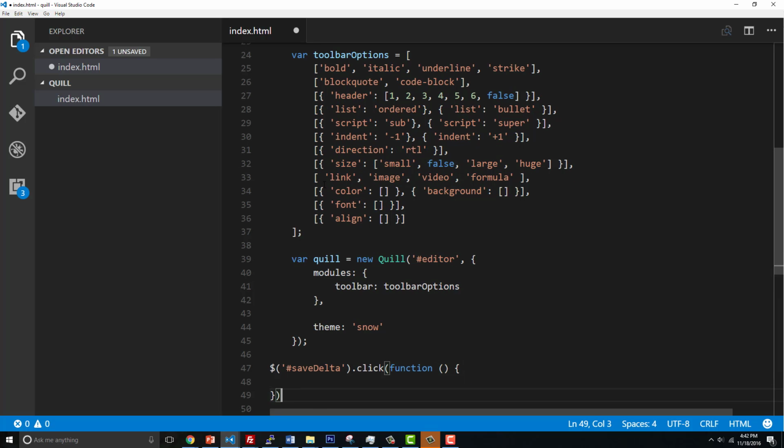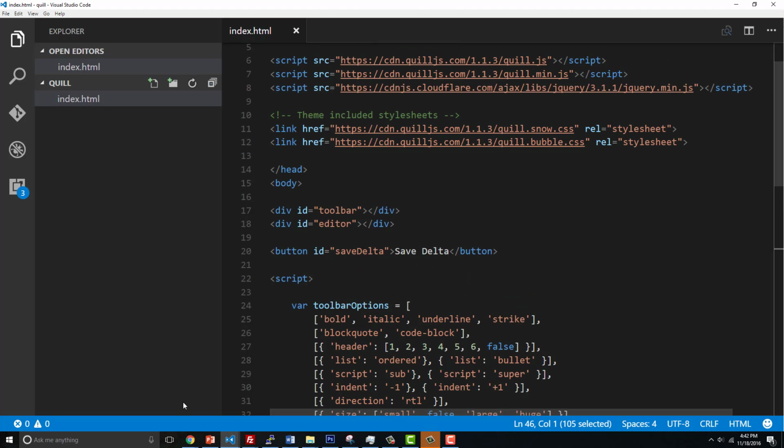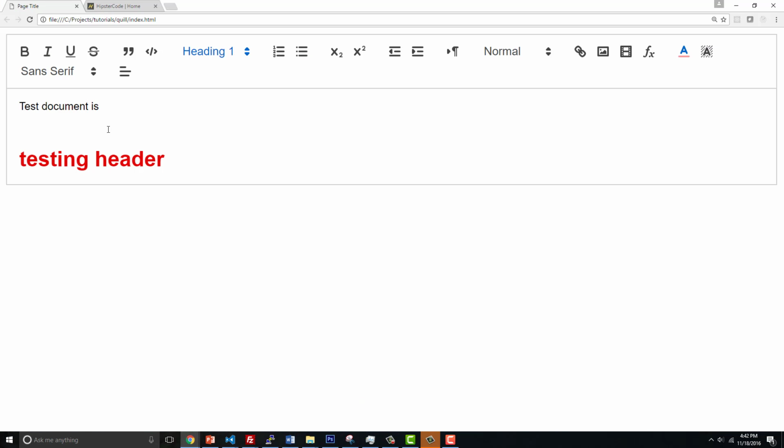function. So I'm listening to the click event, and then what I'm going to do is say variable delta equals quill.getContents. So it's going to get the contents of the page, but then I want to say console.log delta. That way we can see it. All right, so I just simply added this and the button, and I probably should have saved all this, but what I can do is just copy,